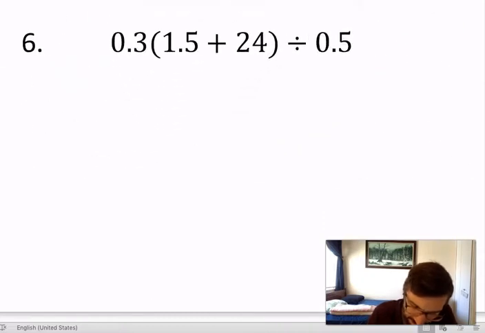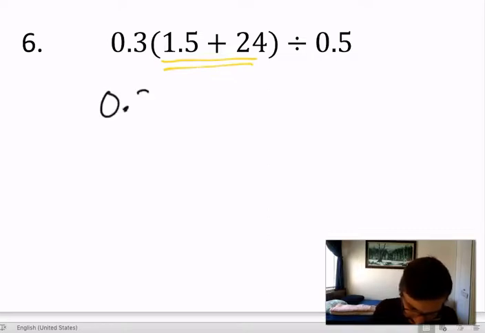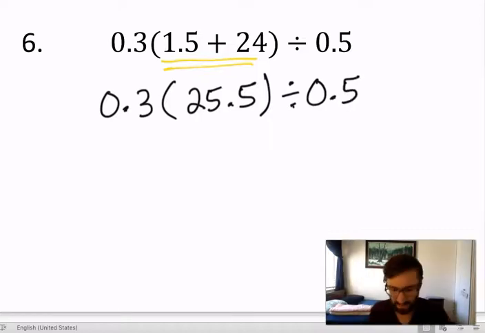All right, next one, number 6. Again, we have grouping symbols, so we should do that first, this stuff. So let's do that first. So we have 0.3 times 1.5 plus 24 is 25.5 divided by 0.5. And then what we'll do next is,